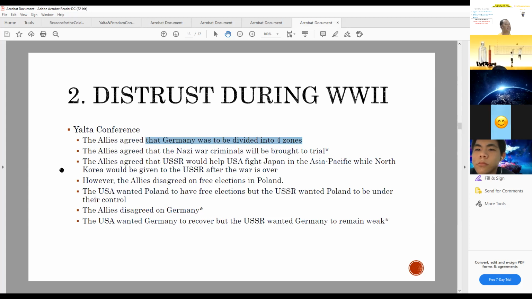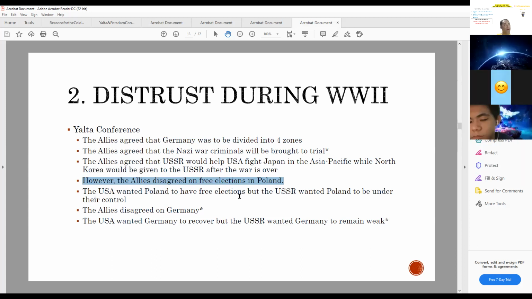Okay, fair enough. The Allies agreed that the USSR would help the US to fight Japan in the Asian Pacific. Yes, it did. Listen. But certain parts of the islands near Russia were finally taken away by Russia. Can you imagine these islands wearing kimono, but flying the Russian flag and speaking a bit of Japanese and Russian? Poor thing. Until today. However, the Allies disagree on free elections in Poland. Why? Hold on. The US wanted Poland to have free elections, but the USSR wanted Poland to be under